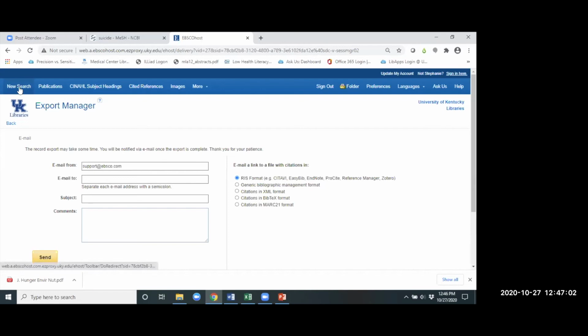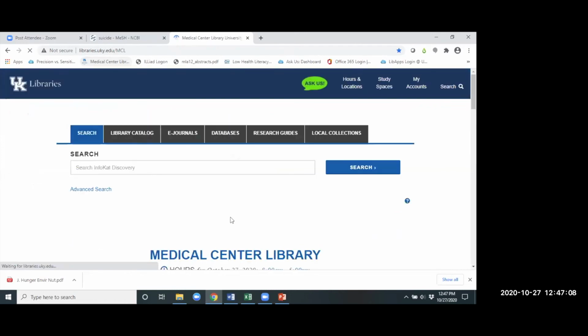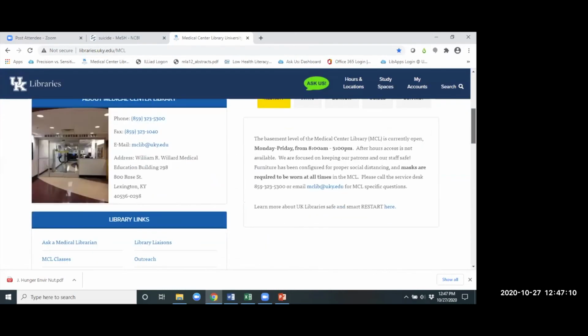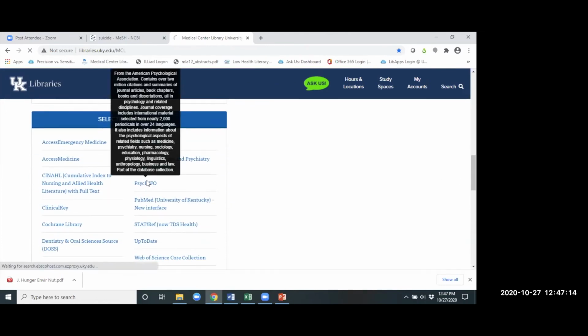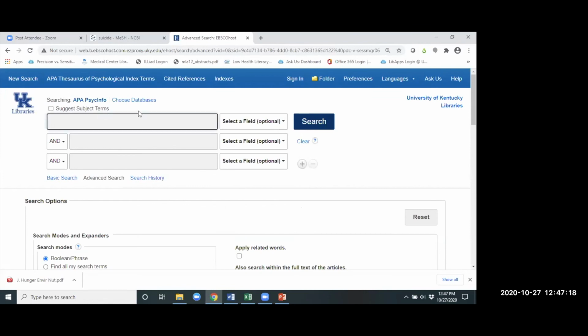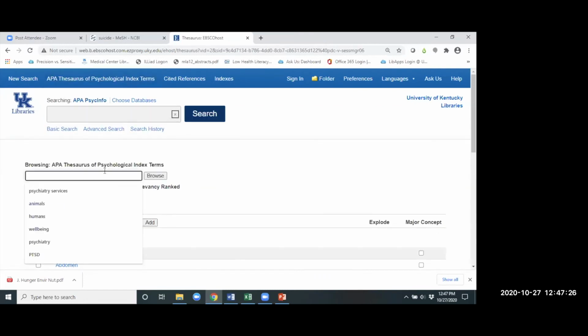So I honestly didn't think that it would take that much time to show you this, but I will quickly show you. Let me go to PsycInfo. I just want to show you a couple of things. So you would do this whole process all over again for PsycInfo. In PsycInfo, we have our APA Thesaurus of Psychological Index Terms. And so if we search for suicide,